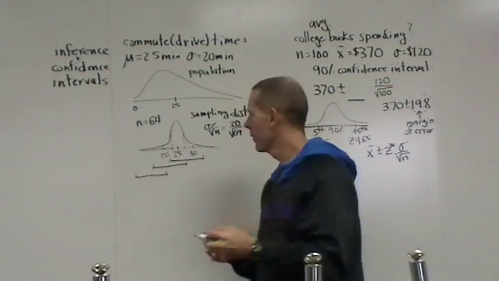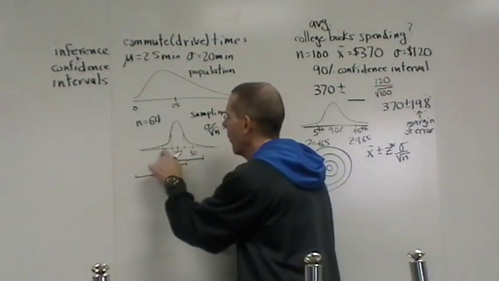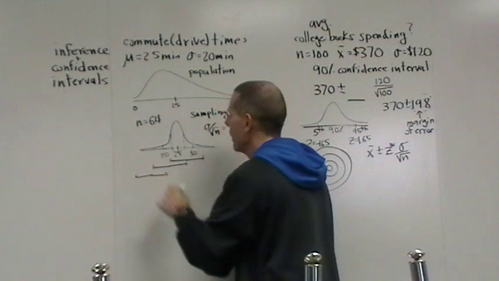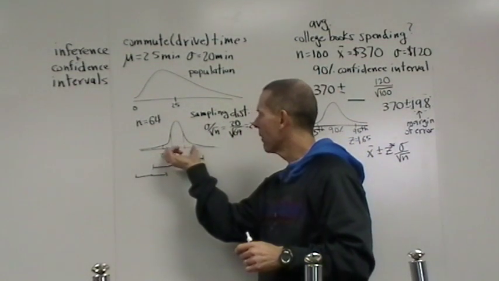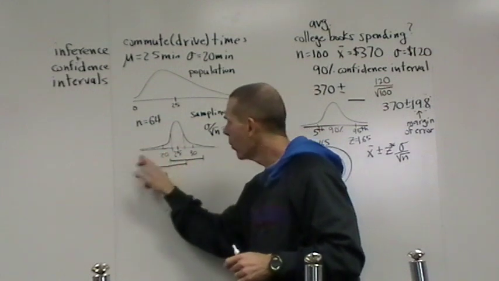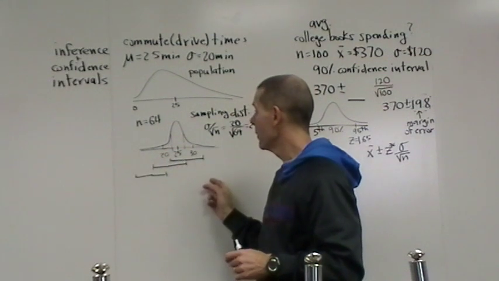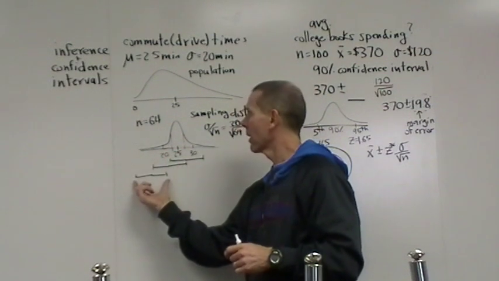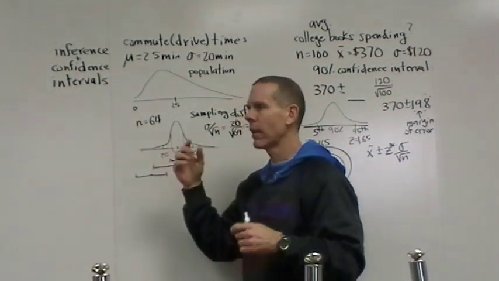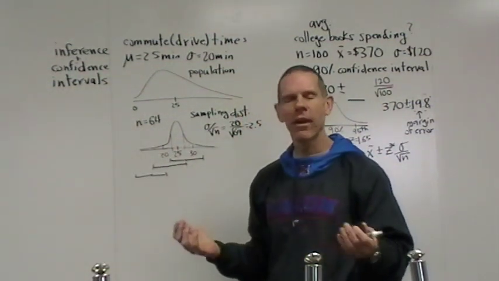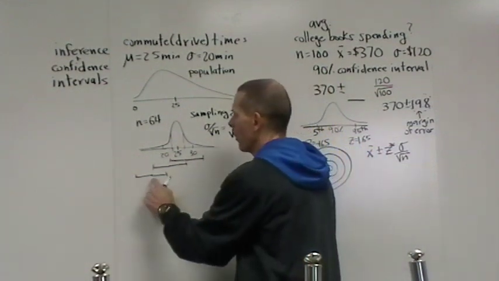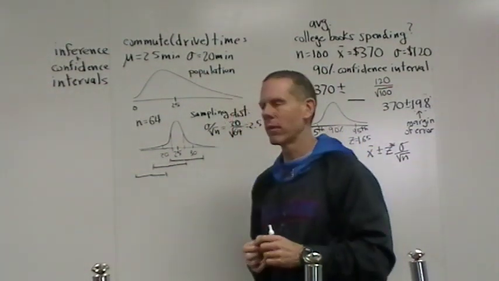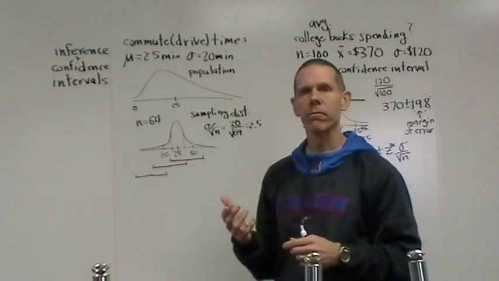The good thing is, samples like this only happen when you end up outside either one of these, and as we know, if this encapsulates 95% of the samples, then the only time you're going to be out in the fringes here and get a confidence interval that doesn't encapsulate the true mean is 5% of the time. It doesn't happen very often. If you go 2 standard deviations either side of your sample mean, that will always be true.